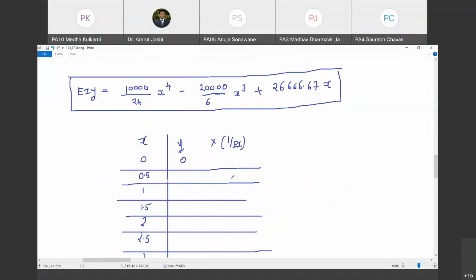I hope you know how to use the calculator for solving such repetitive expressions. Others also can help me. Tell me the value for x equal to 0.5, 0.51, 1.5, and so on and so forth.